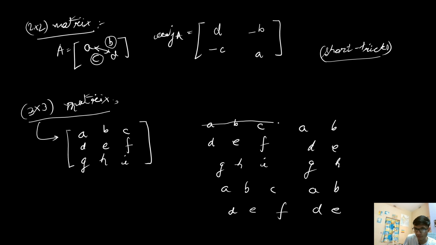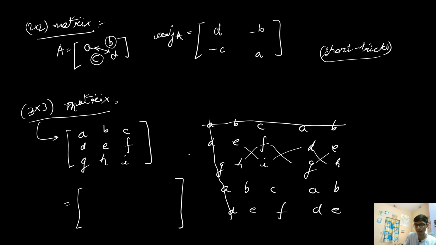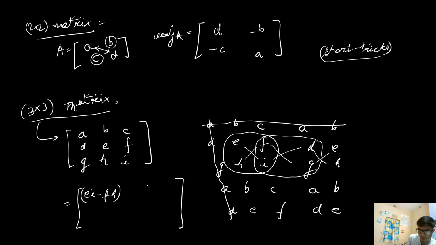And let us delete the first row and first column, and if I calculate these minors, and I interchange the position and write this in the form of a matrix, taking its transpose, then what I can write over here, this particular minor is EI minus F into H. This particular minor, if I calculate, I write the element over here in this position, because I am calculating for its individual position, and then I am taking the transpose. Okay, so this particular position will be FG minus